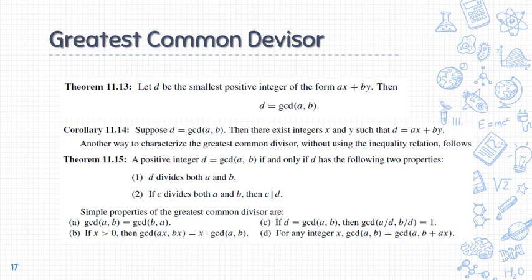So, I messed up a cut here. Actually this should no longer be here, it goes back to the last one. So these are the only two things I want to explain in this slide: Theorem 11.13 and Corollary 11.14. Okay, so what is a corollary? You may remember, or I think it was explained before, what a corollary is. Basically, a corollary is something that follows once the theorem before it is proven, like an additional conclusion of that theorem. Okay? So here in Theorem 11.13, let D be the smallest positive integer of the form ax plus by. Then the GCD of A and B is equal to D.